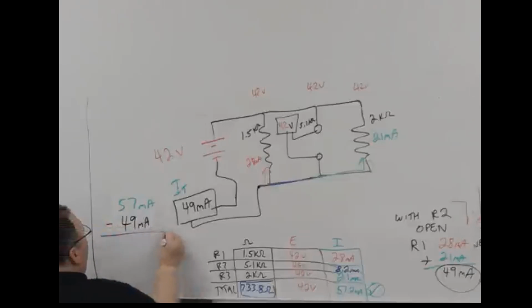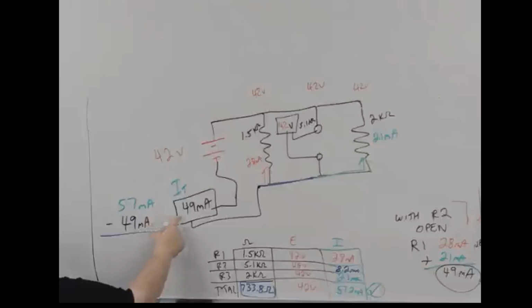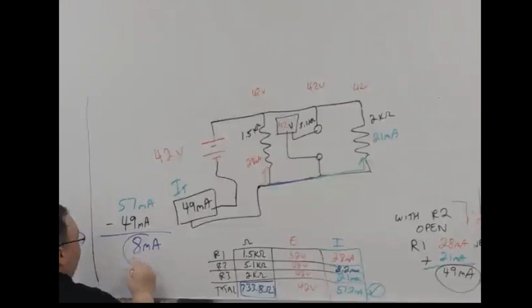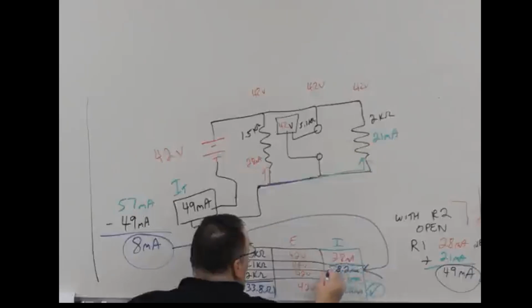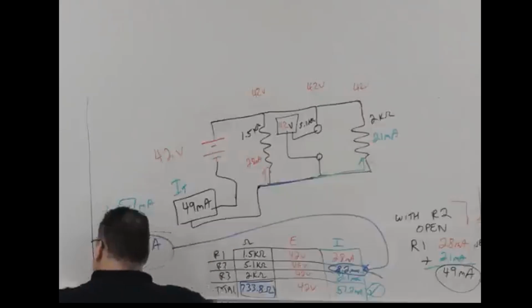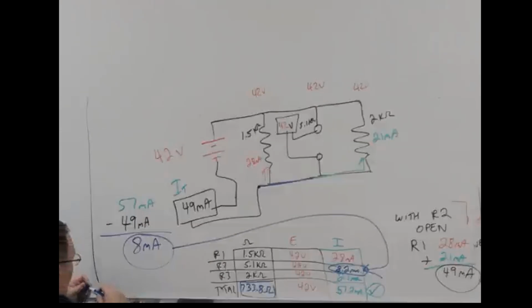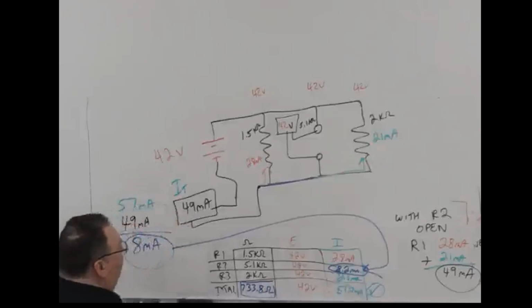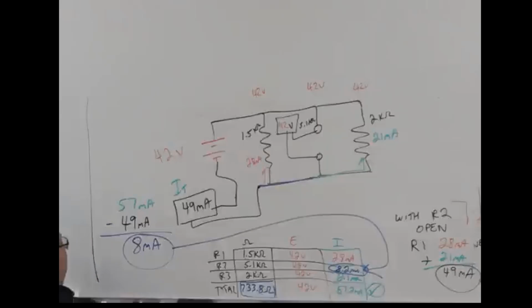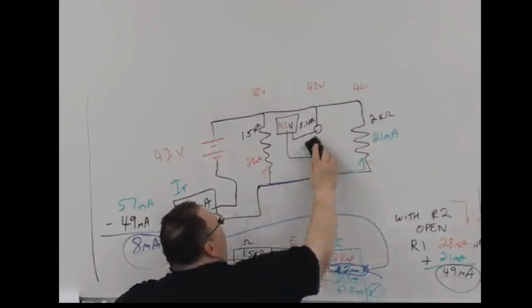Well, if I subtract the current that I have now from the current that I should have, I get a difference of 8 milliamps. If we look at the current from our previous measurements, lo and behold, the current through R2 is 8.2 milliamps. That's the difference I have. So now I can suspect that R2 is open,